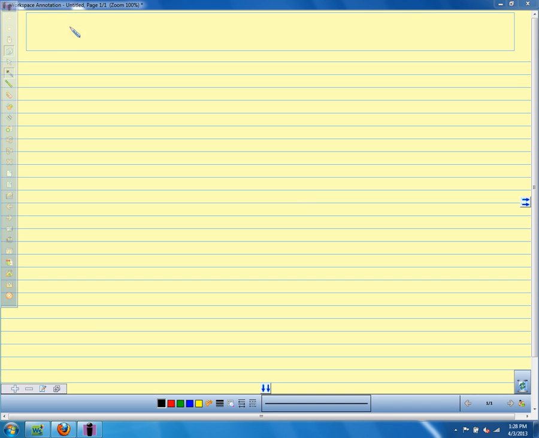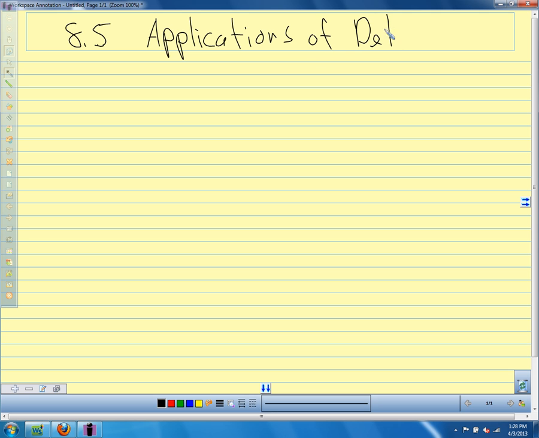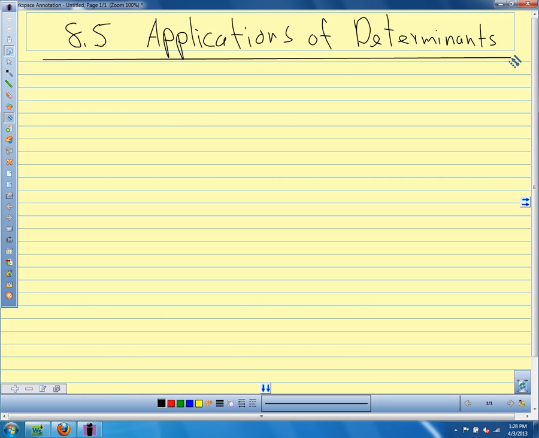All right, so we're in the second part of chapter 8.5, and we're talking about applications of determinants. So the first thing that we need to talk about today is we've been doing 3x3 determinants in